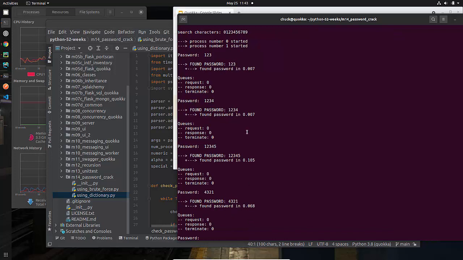So 1, 2, 3, 4 took 0.007, and 4, 3, 2, 1 took 0.68. And in fact, if I was to do 9999, you would see that my brute force program takes even longer in order to do that.